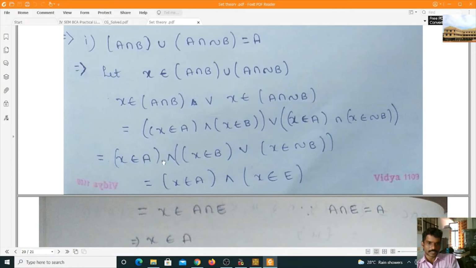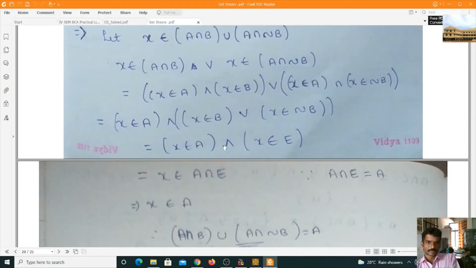So when we split, X belongs to A and X belongs to B, or X belongs to A and X belongs to not B. Okay, now